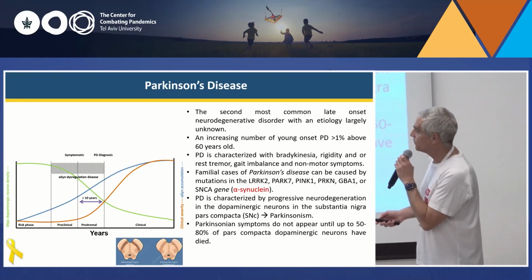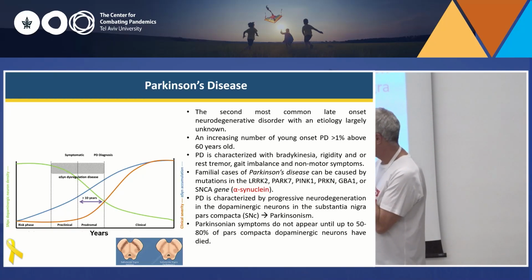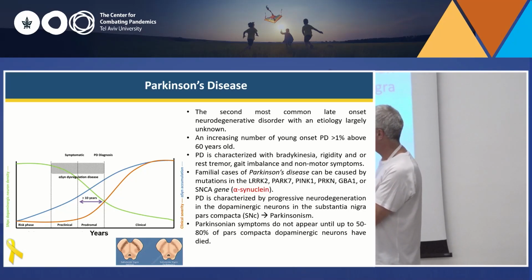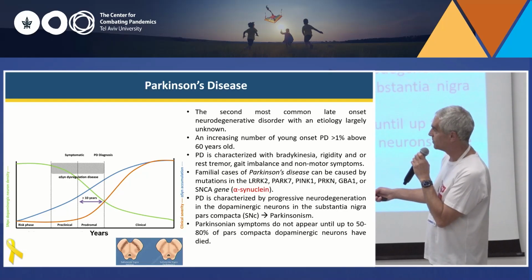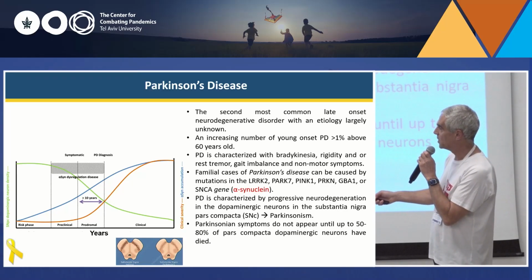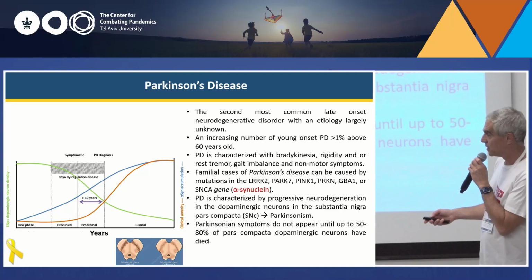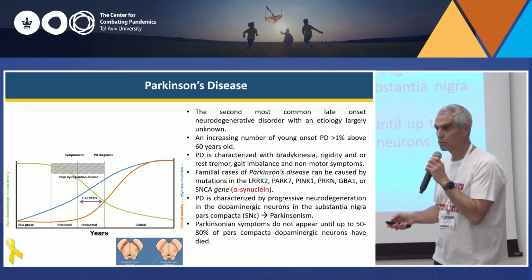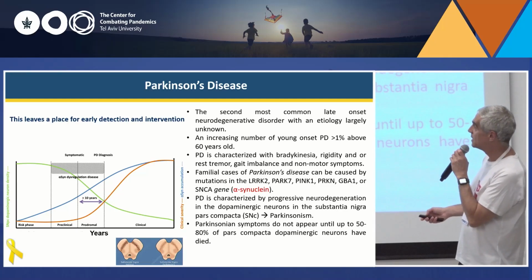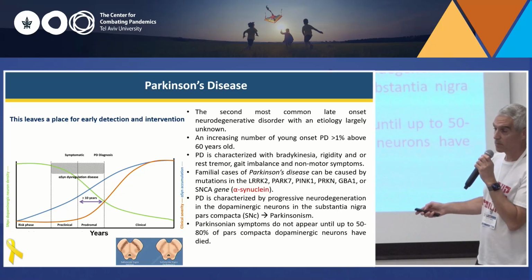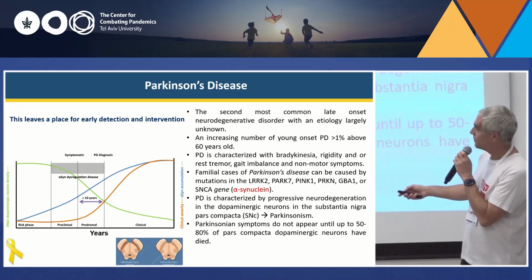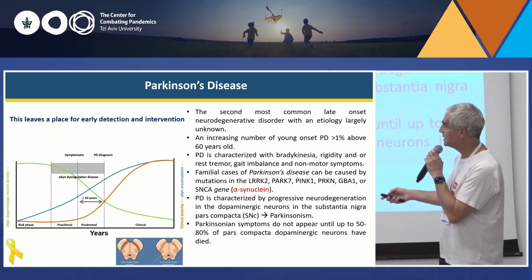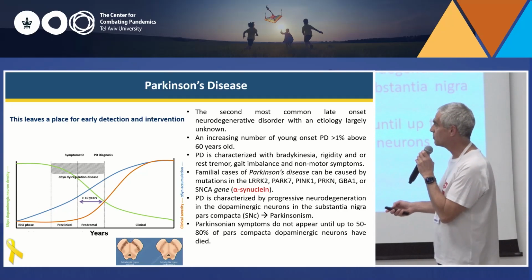So if I look at this scheme here that shows the times in years, and this is the diagnosis stage according to the severity of the clinical symptoms. At this point, about 50 to 80% of the dopaminergic cells, which are shown in green, are dead. It is a bit too late to start to treat the disease. However, it leaves 5 to 10, maybe 15 years before this stage that we can maybe find the disease or diagnose the disease and start the treatment.